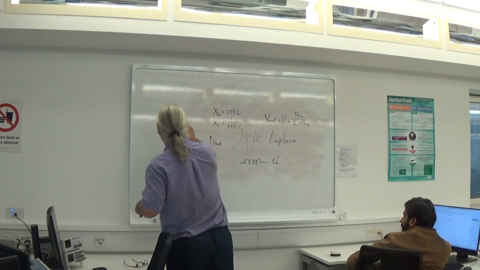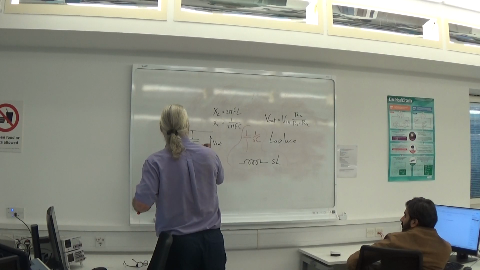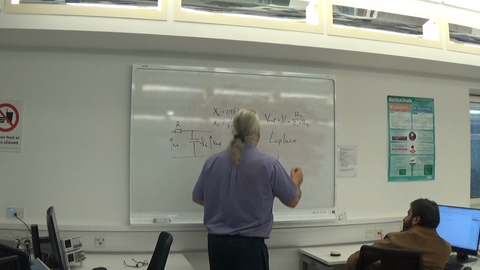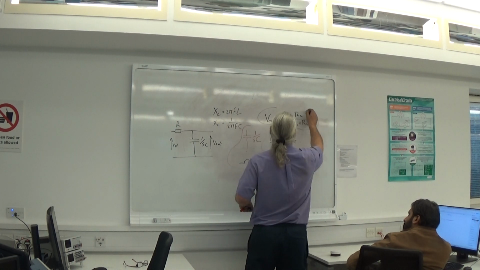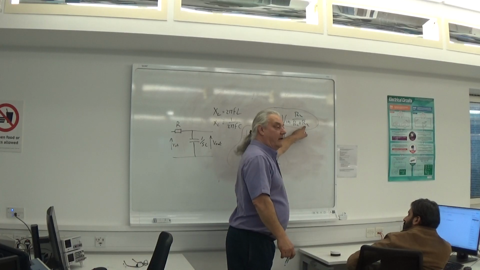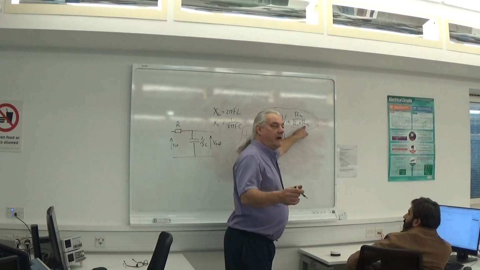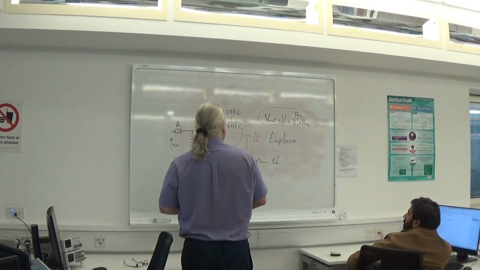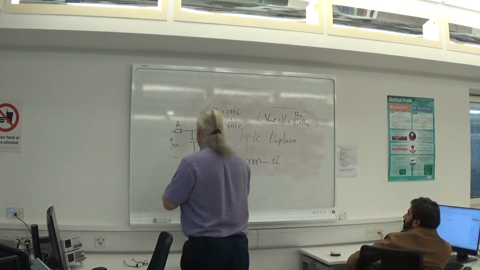So what I end up with is here, R, and I end up with 1 upon SC here. How does that help us? Here! Look! If we now regard R2 as a complex impedance, I can just put that directly into that equation. So I can say that V out